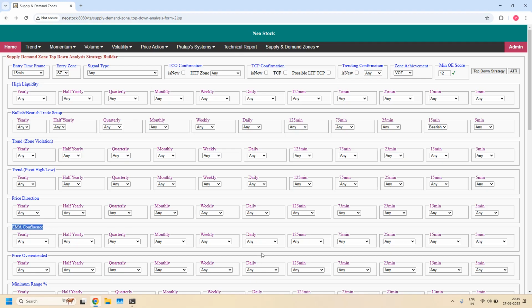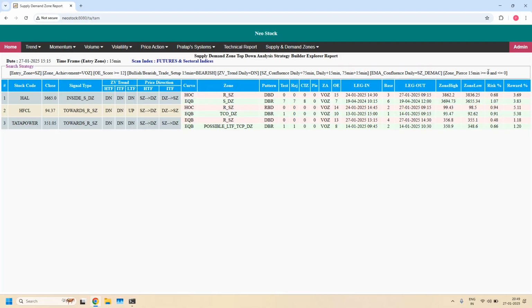In the EMA confluence, daily time frame, I am looking for a daily supply zone having daily EMA confluence, because the 15 minutes together with the 75 minutes are part of the daily supply zone. Now let me verify. Let me also set the trend, and the daily time frame should be downtrend because it is a bearish trade setup. So all the 3 stocks are filtered. That means these 3 are even more high probability trade setup supported stocks. So this is about the bearish trade setup,